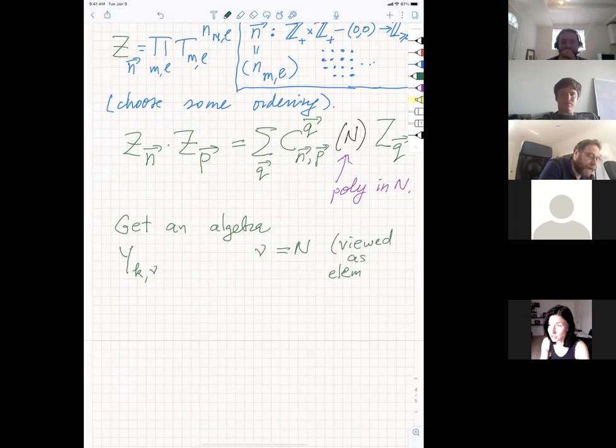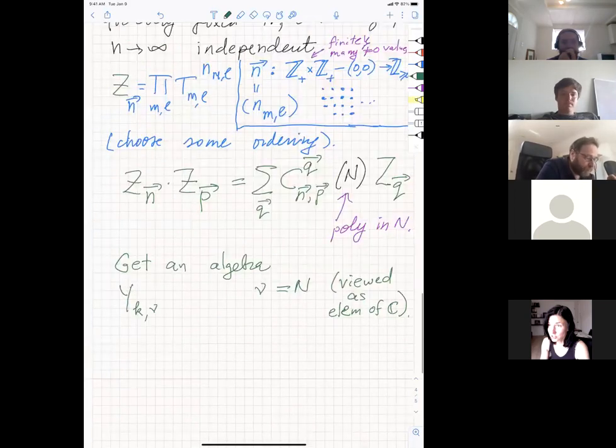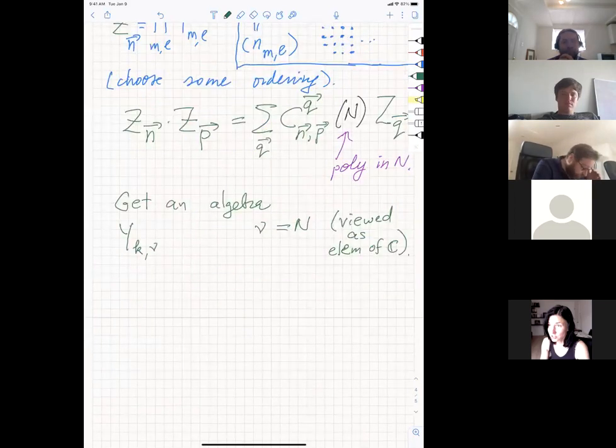Because once I have such a presentation, I no longer need n to be an integer, because n no longer occurs as an index of summation, but only occurs analytically in the expression of these coefficients. And so that gives me some algebra, and this is a deformation